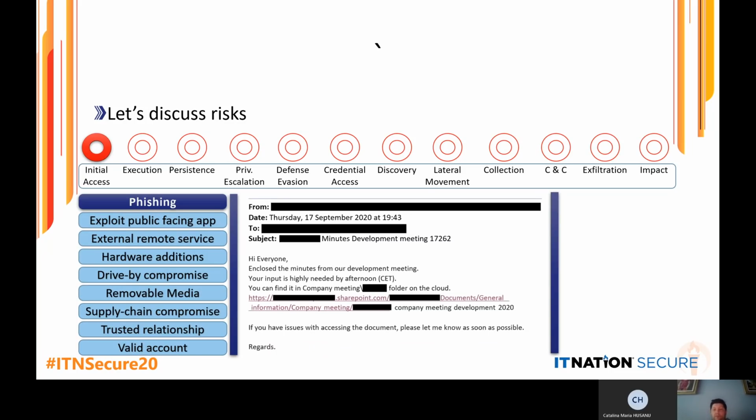That's actually one from a couple of days ago. So if you look closely, it looks like an email that was sent to one of the organizations that we protect, where they actually said that, hey, we finished a meeting. Here are the meeting details, and they provided a SharePoint link. However, it's not a SharePoint link. In reality, it's something that leads to another link to a hacked website from Netherlands, where you're actually going to